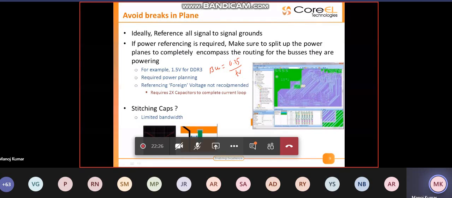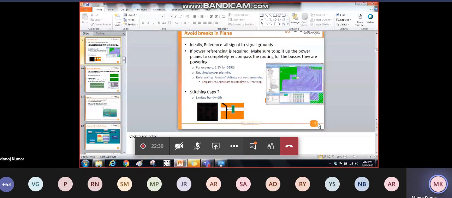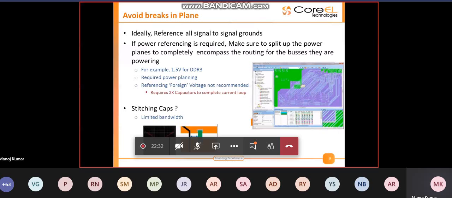So now in this example, I have shown a DDR3 routing, and you can see that one has to do proper power planning in order to lay out a power plane or a ground reference.